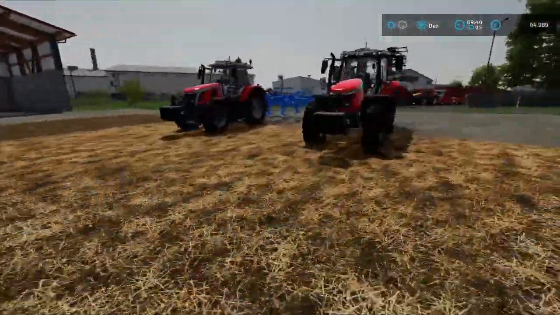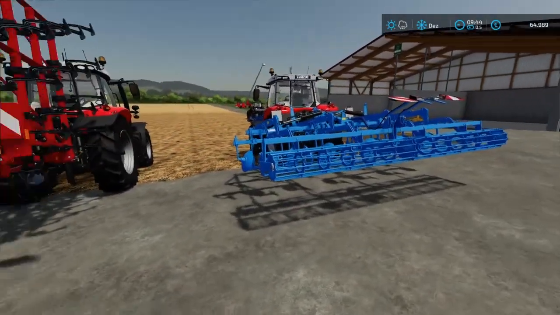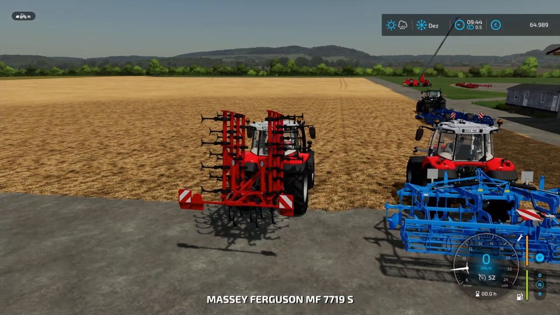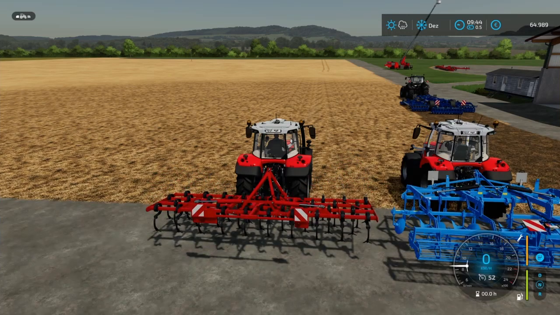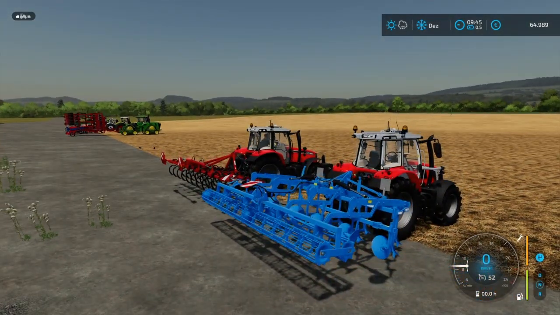So now let's compare these two, which are really comparable, the Lemken and the new Horsch Finer 6SL. Let's see it in full. The Finer 6SL is 25,000 euros for a 6 meter cultivator, and the Lemken is 24,500 euros for a 5 meter cultivator. So does it make sense to add the 500 euros? Absolutely. If you divide the